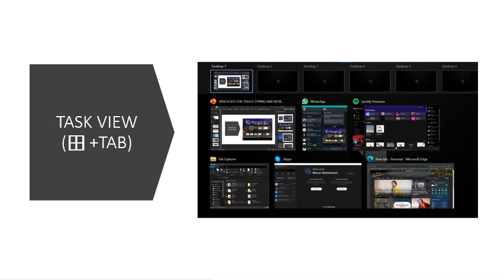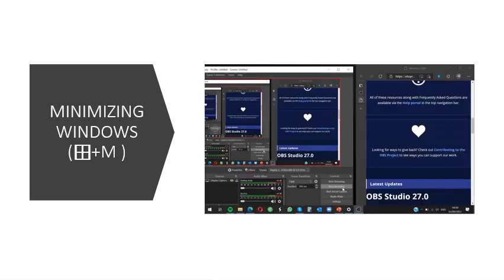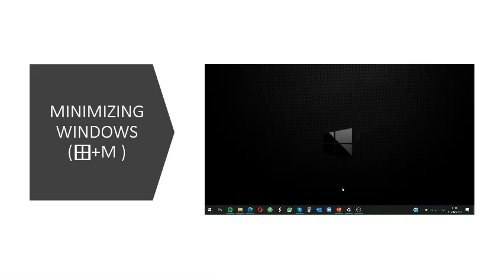Now let's move on to the next keyboard shortcut, minimizing windows. When you input the command Windows plus M onto your computer, you can minimize all your windows at an instant, as shown in this video. Now let's move on to the next keyboard shortcut,